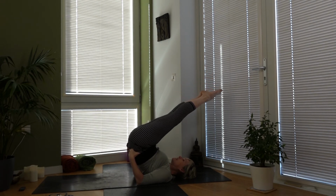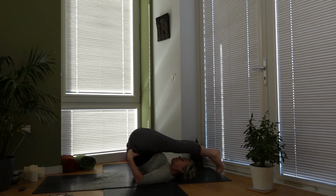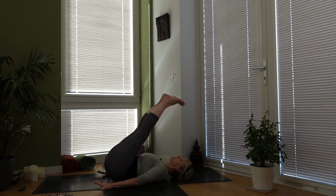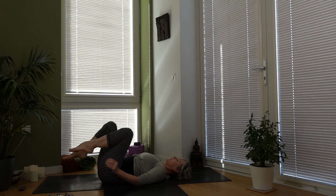And then when you're ready, bring your legs back over your head into the plow. Just pause here for another breath. And then slowly lower your legs down, taking your time, no rushing here. Once you're finished,